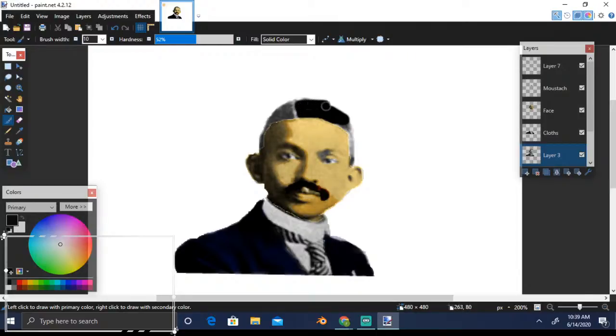So here I'm colorizing it. Guys, just one thing, painting directly is not photo editing. It gives an unnatural look. To make it natural, you'll have to do a bit more things, so I will show you all that in a bit. So here we go, here we have colorized his hair.